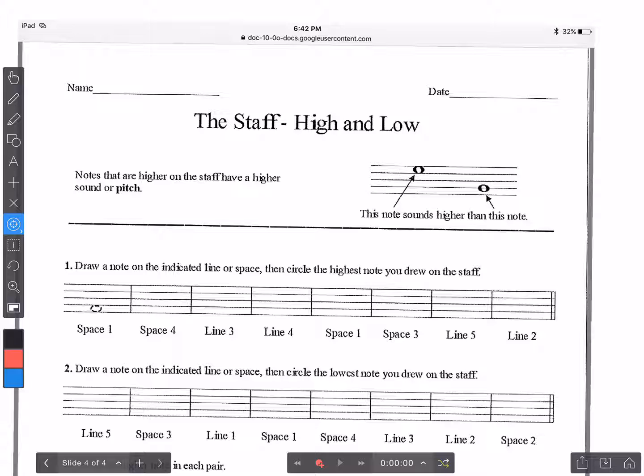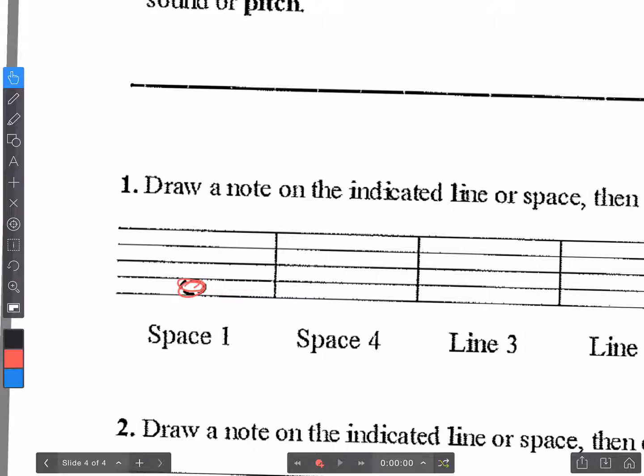Easy peasy. You then get some more practice drawing notes, and what I like is that it is asking you to use that language we were just talking about. So it's asking you to draw the notes within those particular spaces or lines. You have to count bottom to top. So this one, let me zoom in a bit more here. That one was on space 1, and then it asks you to draw one on space 4. So you would count, okay, here's space number 1, 2, 3, 4. So you draw an oval